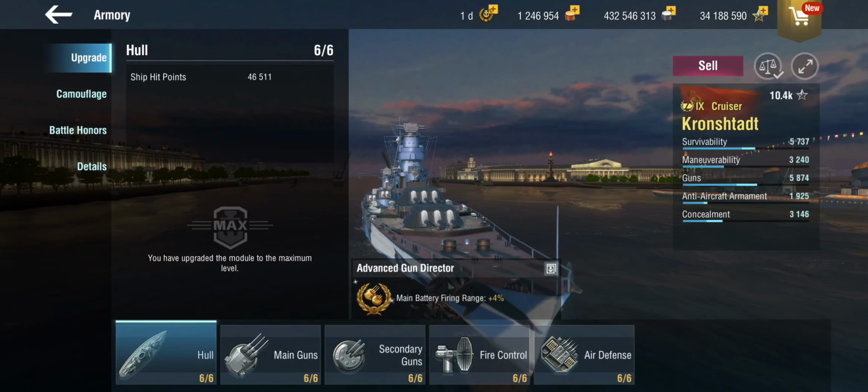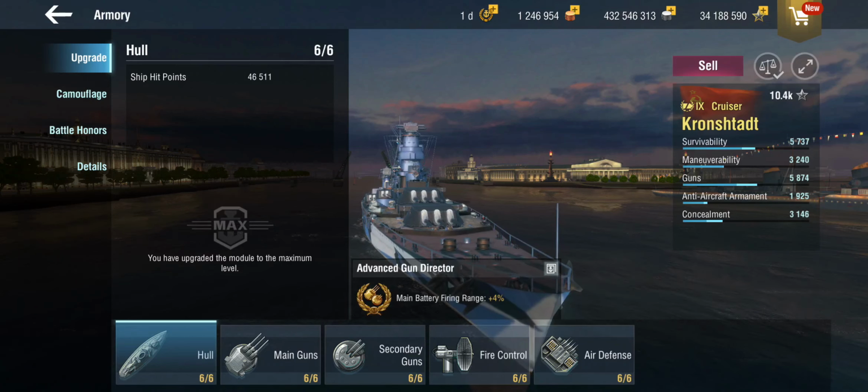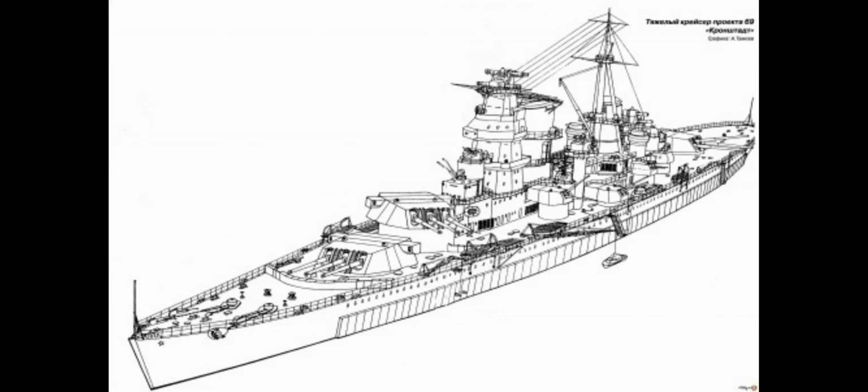The Kronshtadt falls into the same category as ships like the Azuma or the Alaska. The general idea was, and the Soviets have been mucking about with many designs, but things tended to go a little bit wrong. Like, I don't know, Stalin having everybody shot, or Germany invading. Stuff like that generally put a dampener on Soviet ship construction. However, the Kronshtadt